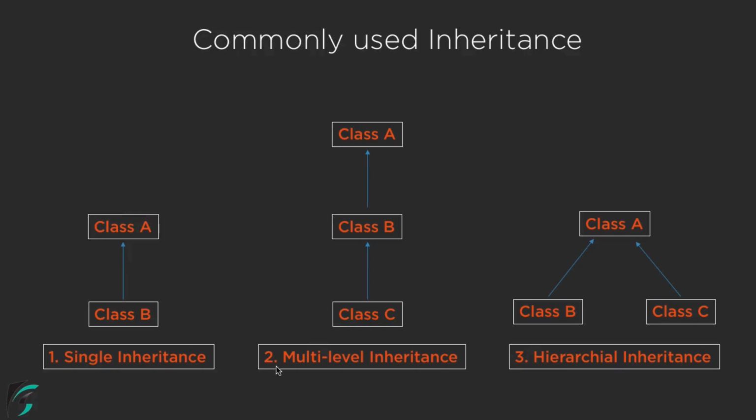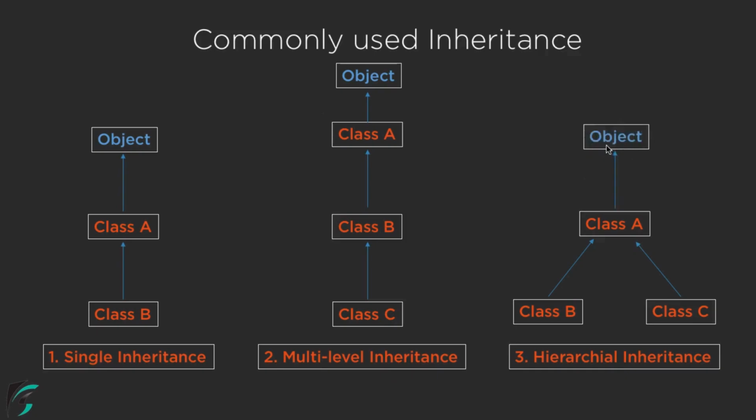Now in case of multi-level inheritance, this class C is acting as a child class for class B and class A. But this class B is lying in between class A and class C like a sandwich. So this class B is actually acting as a parent class for this class C. But the same class B is acting as a child class for this class A. Pretty simple, isn't it? And now above class A on the top, just remember in the end, all the classes in Dart inherit from a common class of object. So above all, we always have a common class of object present from which all the classes in Dart inherit.